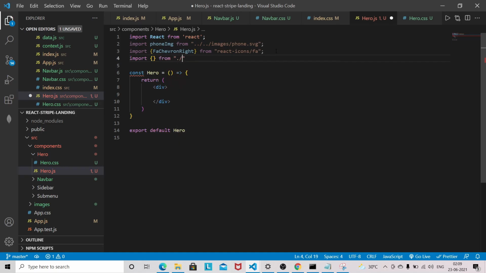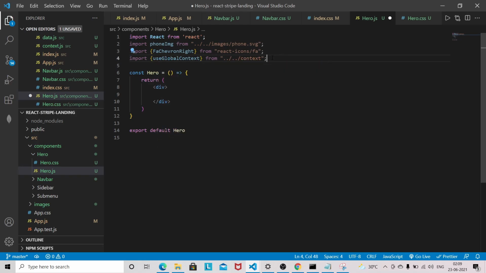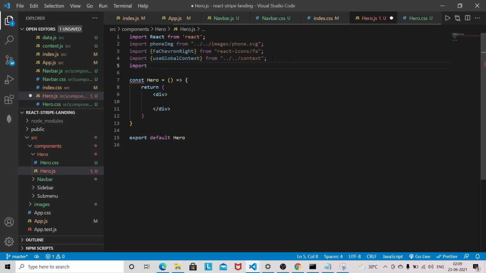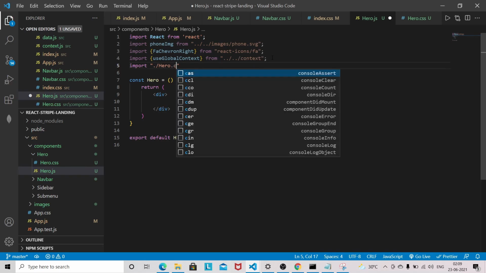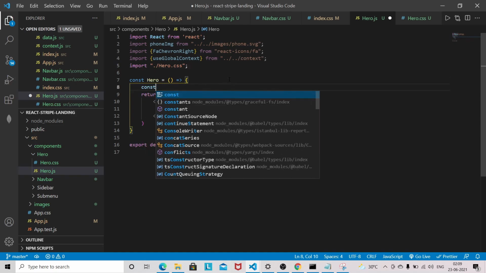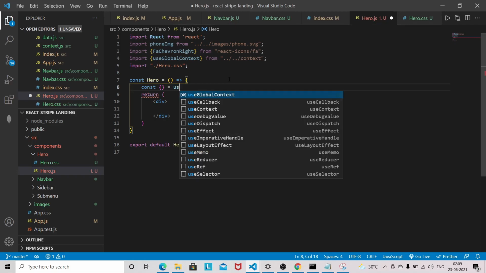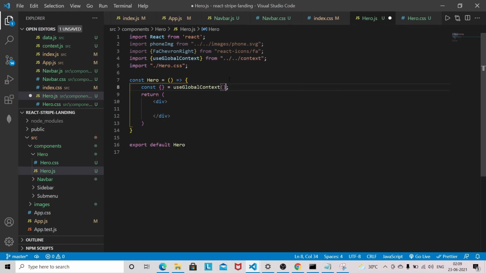So I will import from the context file, that is useGlobalContext, and also let's import the CSS file, hero.css. From context we need one item only. So useGlobalContext, and we need here closeSubmenu.